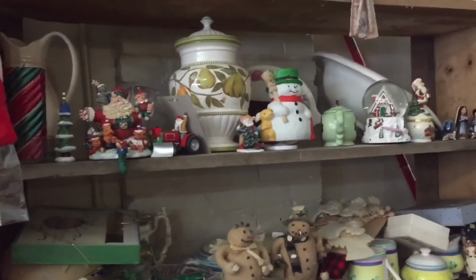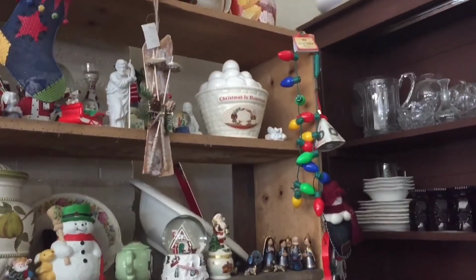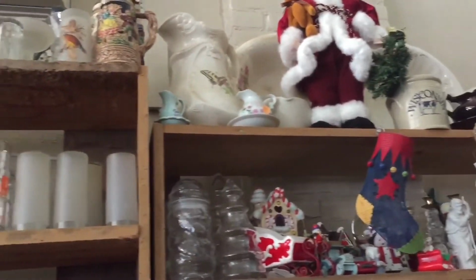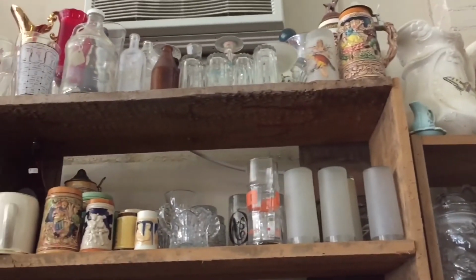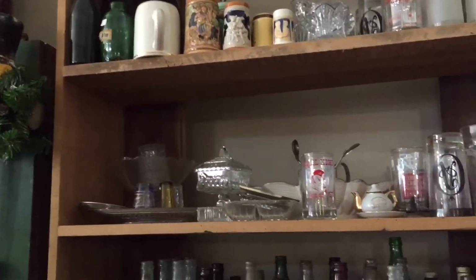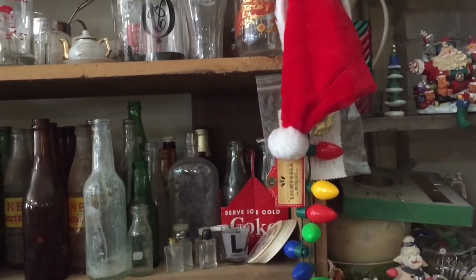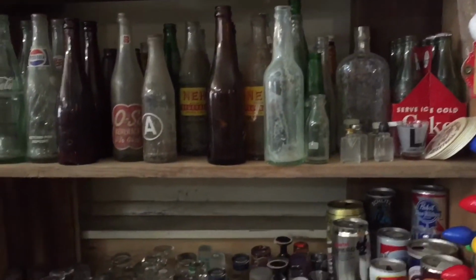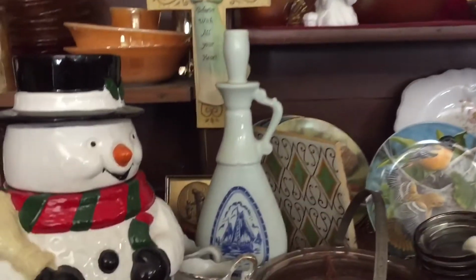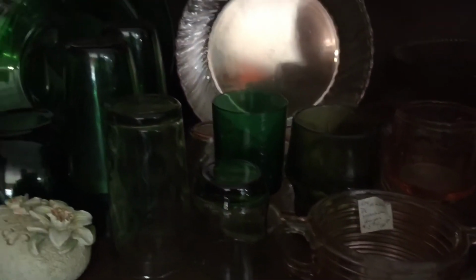This is the Christmas stuff. I always look at it and just try to share with you what's there. If you do see anything, like I said, just let me know. I'll be happy to go back and pick it up for you. A lot of glasses, a lot of bottles, those kinds of items. A lot of soda fountain items, letting you know what's there. A lot of carnival glass. Snowman cookie jar, a lot of green glass,